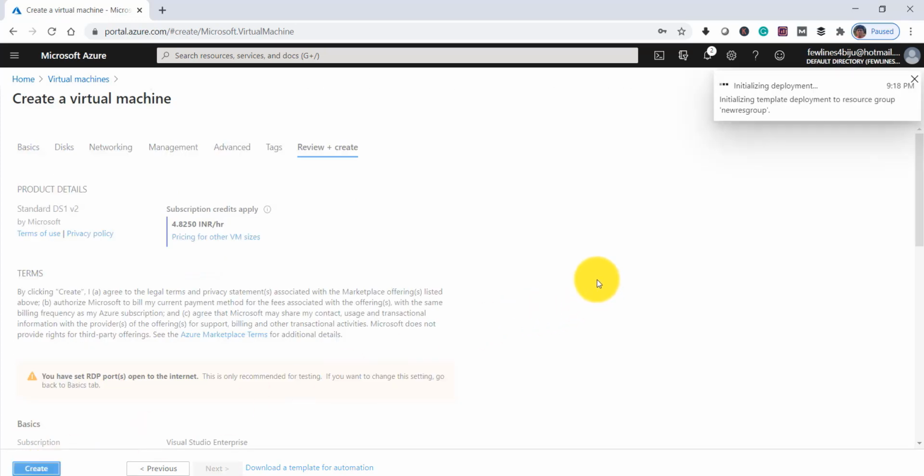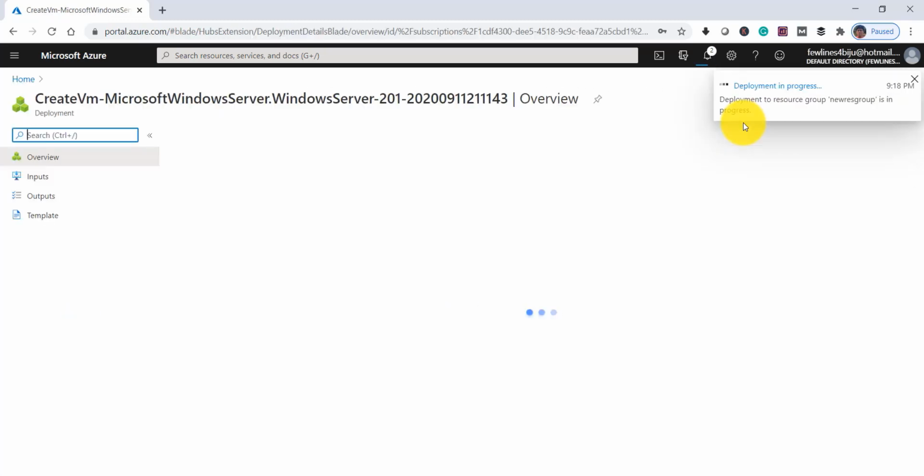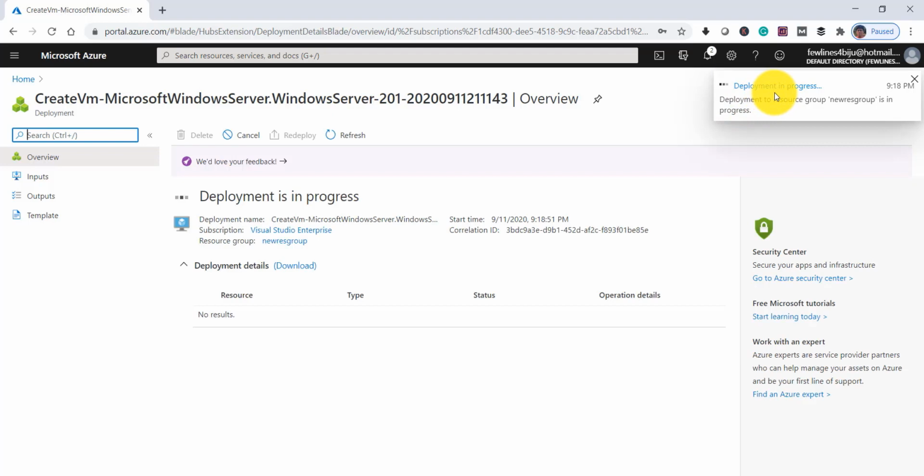It will take a few seconds because there are a lot of things it has to create in the backend. Then it will show you that it is created successfully. You can see deployment in progress. It will show here everything it creates one by one.